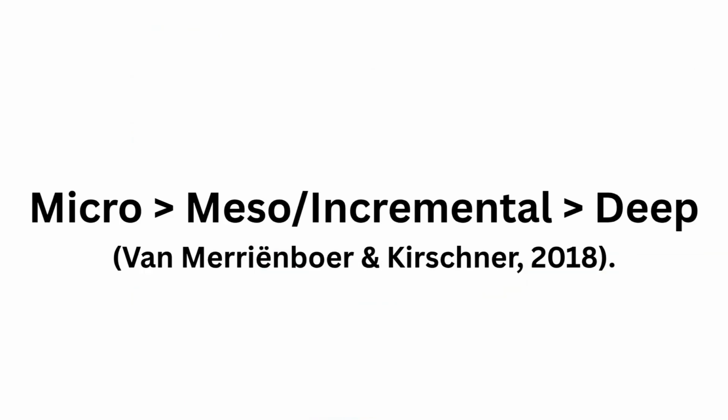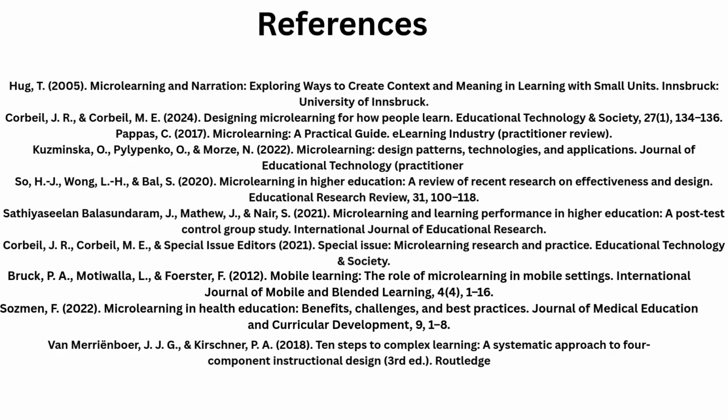A way to think about it is as a spectrum, with micro on one end and deep learning on the other. It's not necessarily a one-way street. You're going to move between whichever works for not only your performance goals, but also your learning objectives and what that looks like for you. In conclusion, microlearning is not the answer to everything. As much as it gives accessibility on demand and has its benefits, it is once again just another tool that we can utilize for the betterment of not only the learner, but also our content.